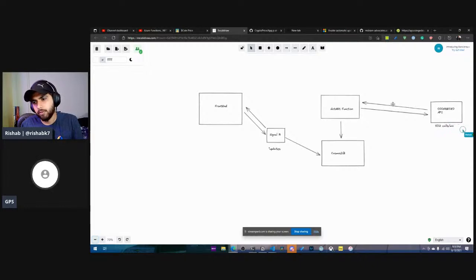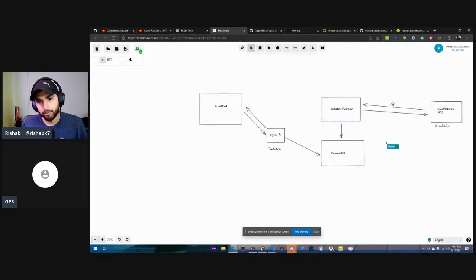Then we have .NET with SignalR listening to Cosmos DB. So do we need it to be a Cosmos DB trigger or an HTTP trigger with a Cosmos DB input binding? It might be useful to make it an HTTP trigger in case we want to access it as an API. I think it would be HTTP trigger,